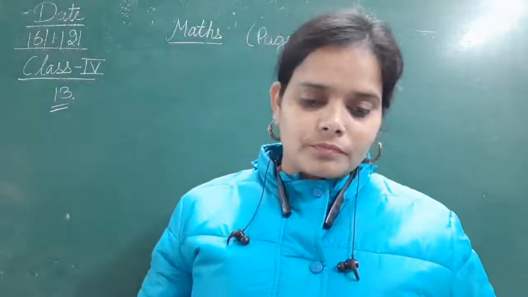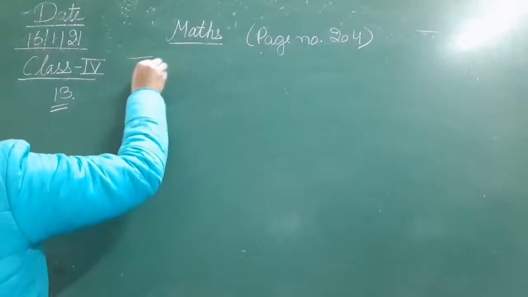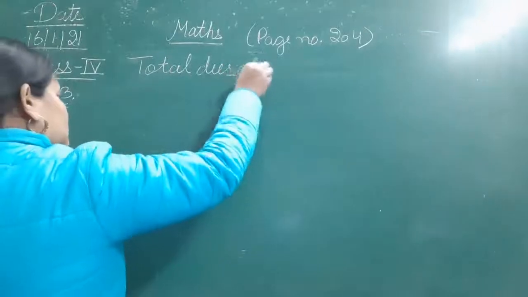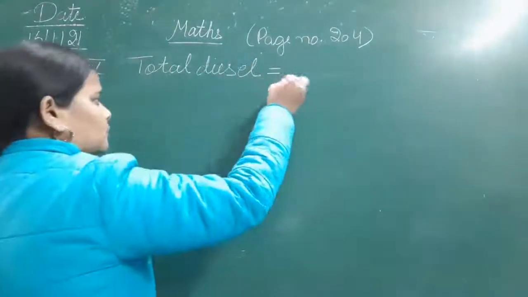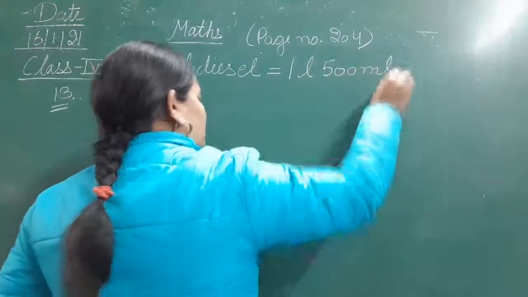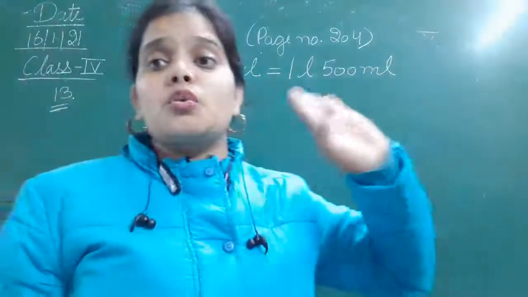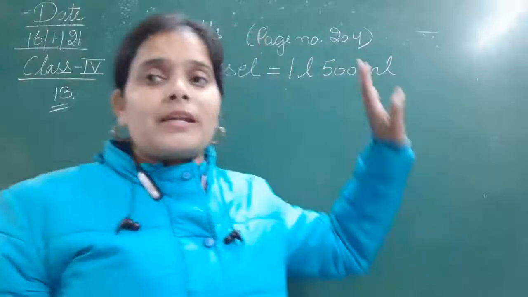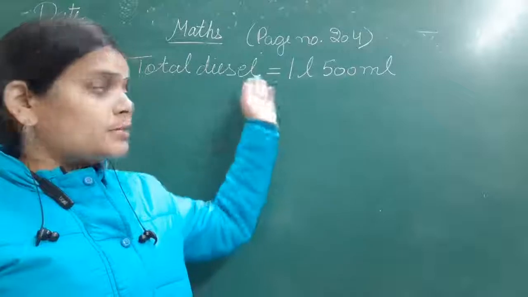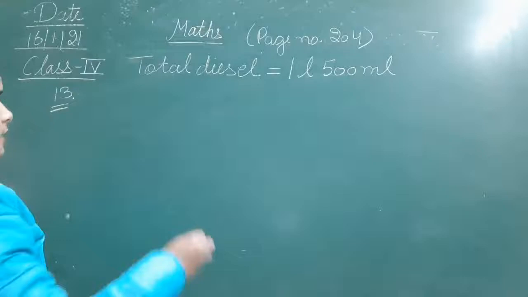ओके, टोटल डीजल देखिए, सबसे पहले टोटल डीजल कितना है, दैट इज टोटल डीजल इज इक्वल टू 1 liter 500 milliliter. Okay, and this much of the total diesel is available, and you have to fill it in the 250 ml of container. तो ये हमारा लीटर और मिलीलीटर में दिया है, कंटेनर्स हमारे ml में दिया है. सो दैट मीन्स सबसे पहले वी आर गोइंग टू कन्वर्ट इट इनटू मिलीलीटर. क्लियर? सो लेट्स कन्वर्ट इट.